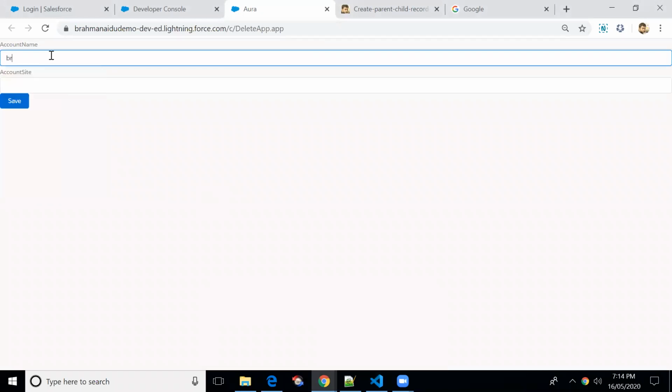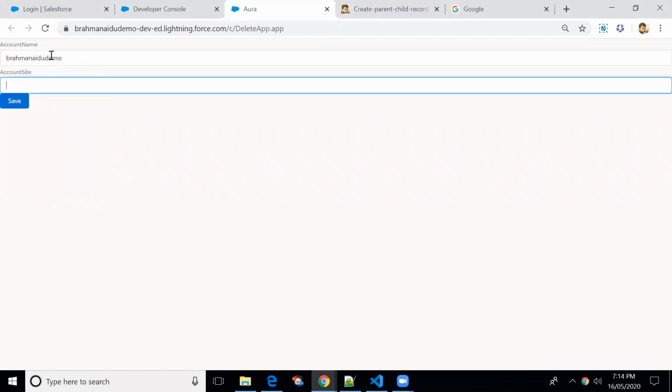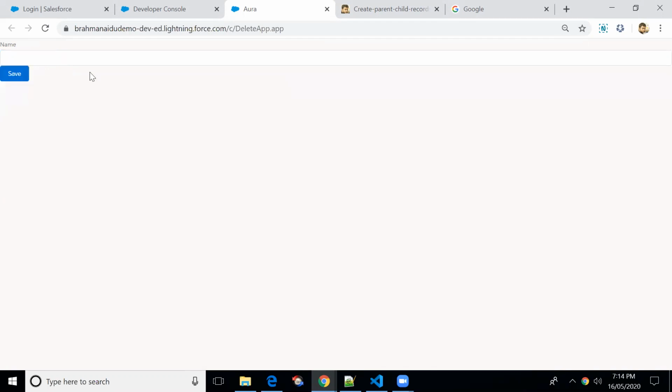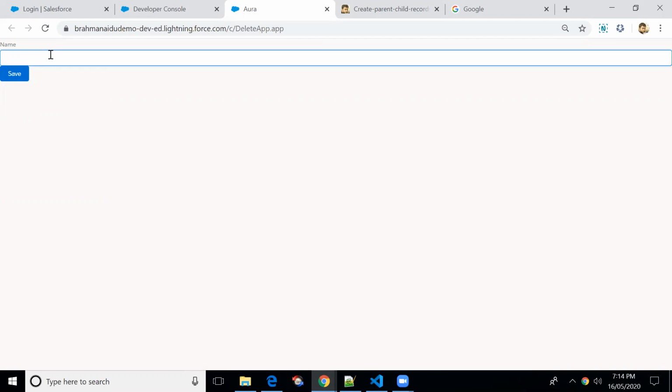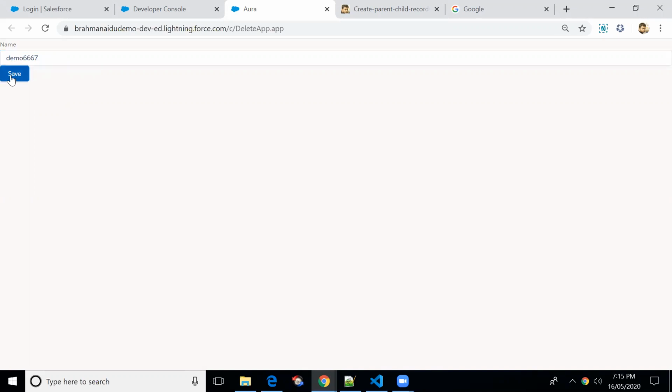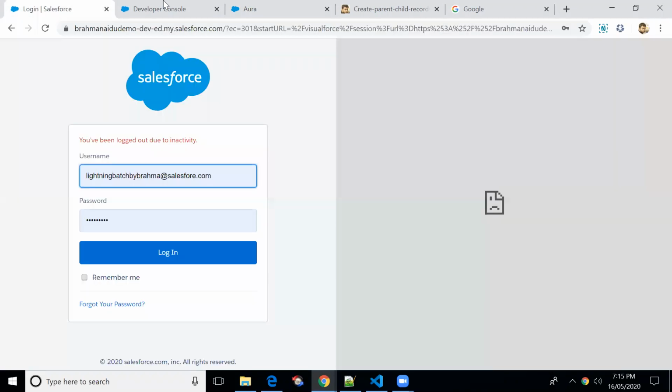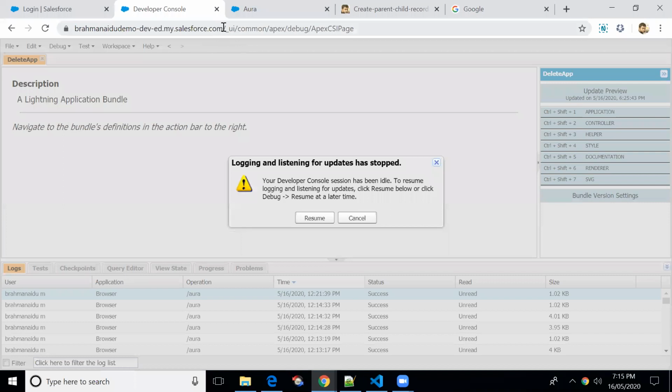Let me create an account first. Brahmanaidu demo 66 67 MBN DBR 123. I'm clicking on save. Once we click on save, the opportunity form will come. Here I'll put demo 66 67 and click on save. Let me check whether this got created successfully or not.